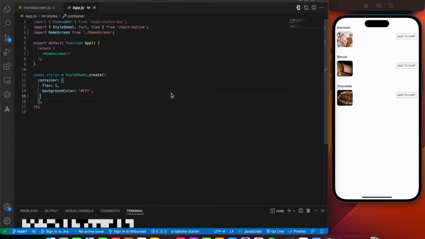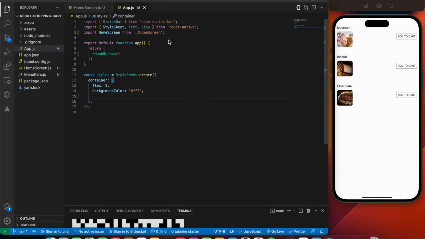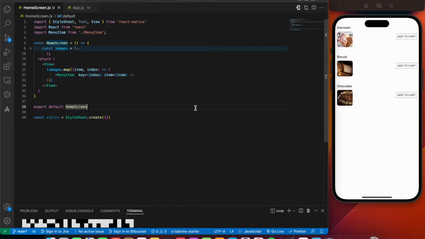So I think let's get started. Firstly, let me explain the boilerplate code that is present. Inside my file tree, I've created the HomeScreen.js and I have rendered that inside my App.js, as you can see. In our home screen, we have just used dummy data, that is an images array.